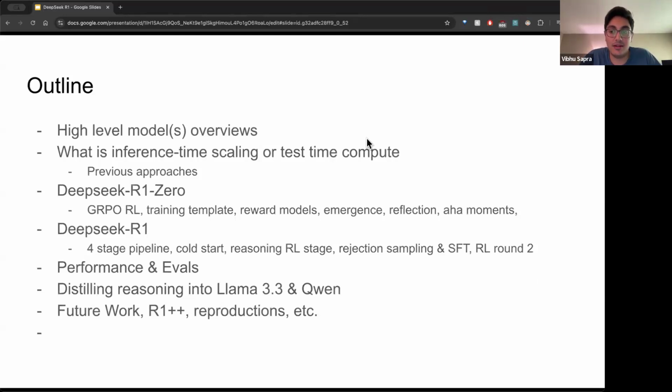R1 is taking a reasoning model and then turning it into a chat model again. So now we've got more than just a base model and a chat model. Now we have a base model, a reasoning model that's not a good chat model, and then reasoning models that can chat again. Most of this paper and most of the slides are actually on R1-Zero.